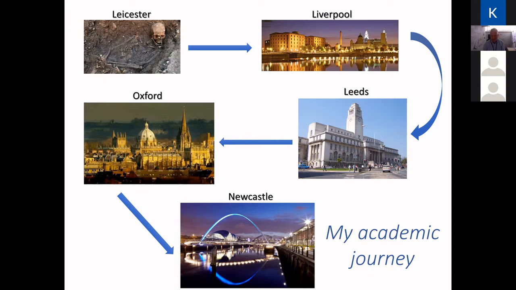I then moved to Leeds to do my PhD. And at Leeds, I worked on homeobox genes in Xenopus borealis, so a lot of molecular biology work. And then after that, I moved to Oxford to start my postdoctoral studies, working with Professor Brian Sykes, and I was investigating initially single gene disorders of the musculoskeletal system. And in Oxford, I then moved on to investigating osteoarthritis. And then in 2008, I moved to Newcastle, where I'm currently based, and have a group, as Robert mentioned, that investigates the genetics, epigenetics, and functional analysis of osteoarthritis risk.